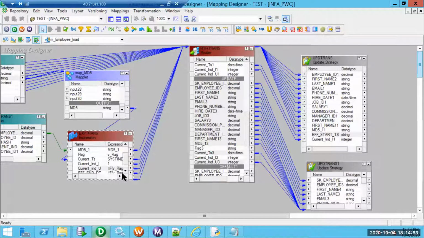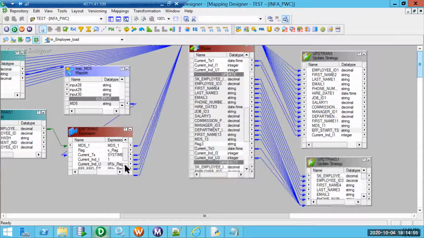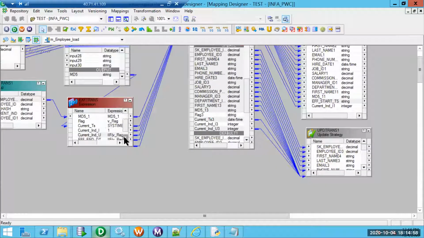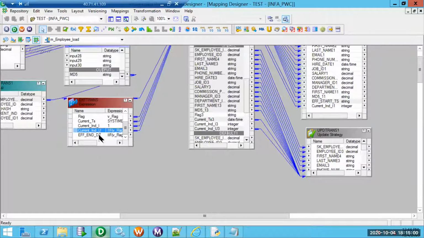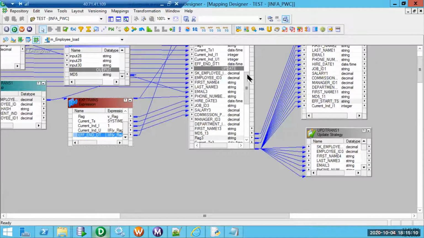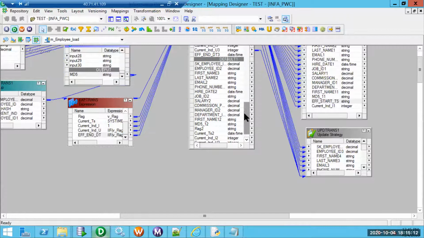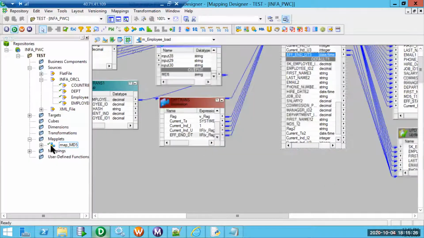If we are updating effective end date with sys timestamp, it is as good as inactivating. Don't think that because our current indicator is 1, it is not like that. If the effective end date is populated, it is as good as the record got ended. So we made sure that if the flag is UPS, then only we update the sys timestamp, else it will be null.